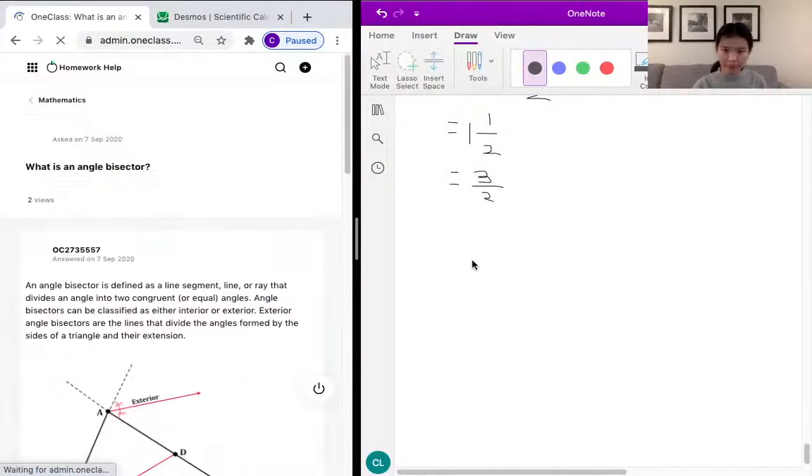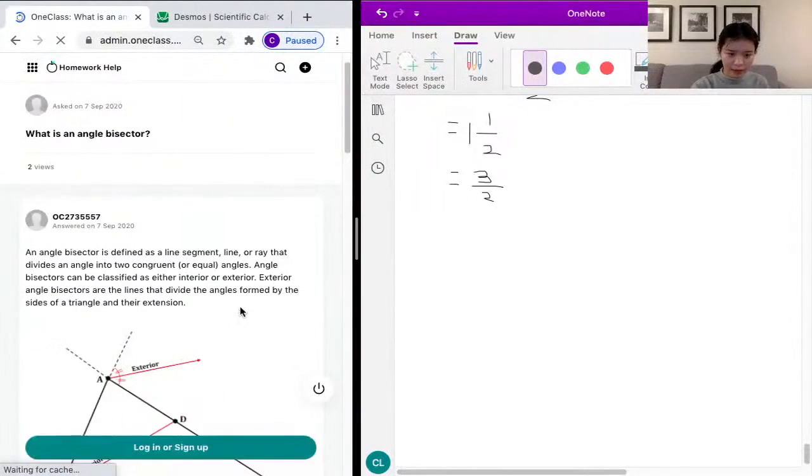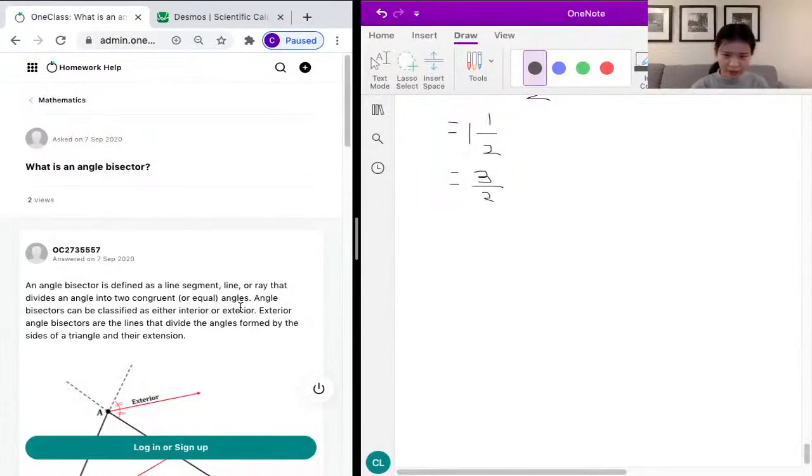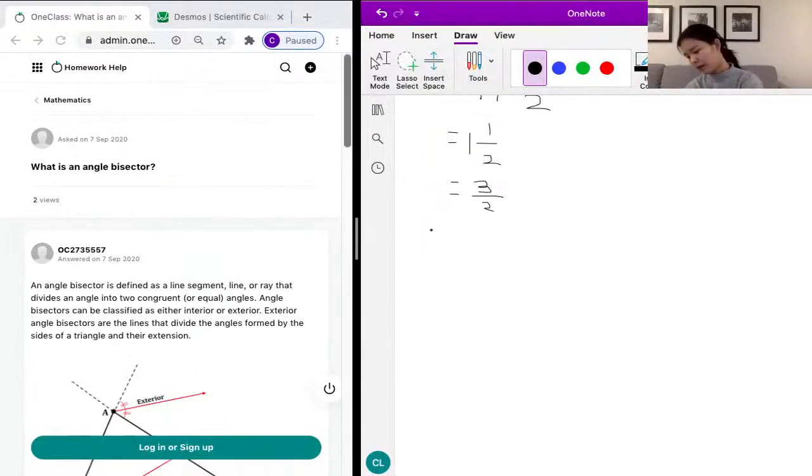Problem. I think it's asking us again what is an angle bisector. I think we already explained before that an angle bisector is a line or a line segment that divides the angle into two equal parts. So angle bisector is